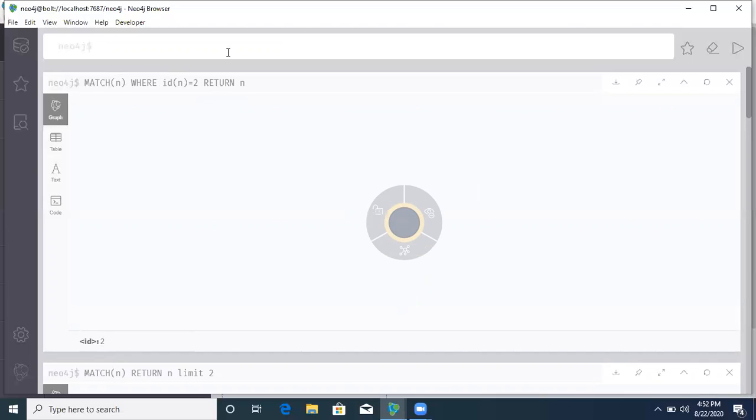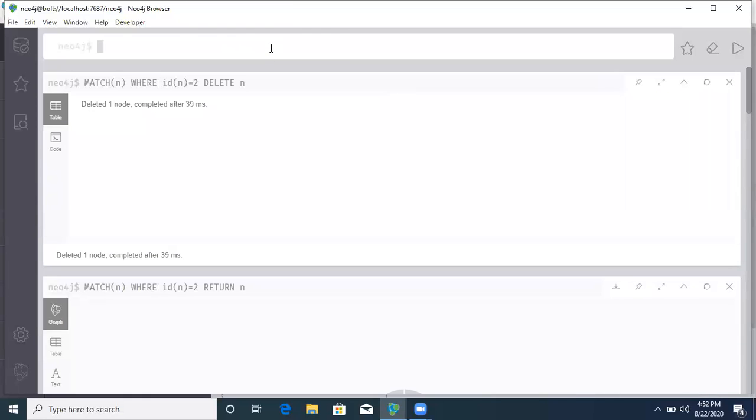You can delete a particular node using the same. So match n where ID of n equal to 2. Instead of return, you just delete n. Just click on play. So it will delete that node, and then you can view return n.